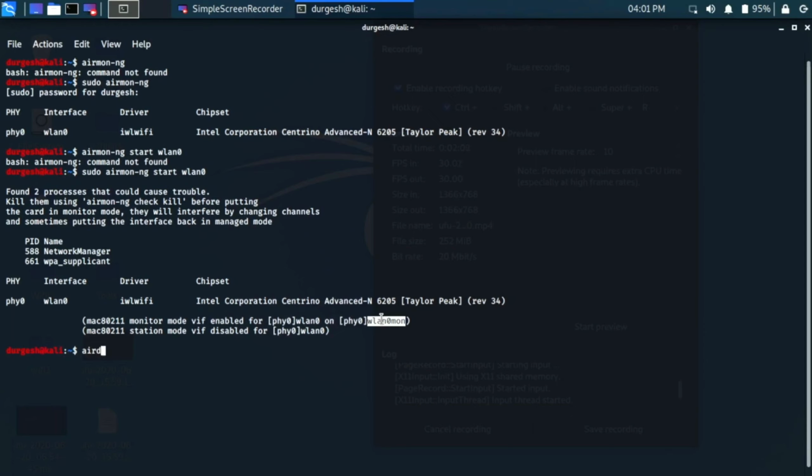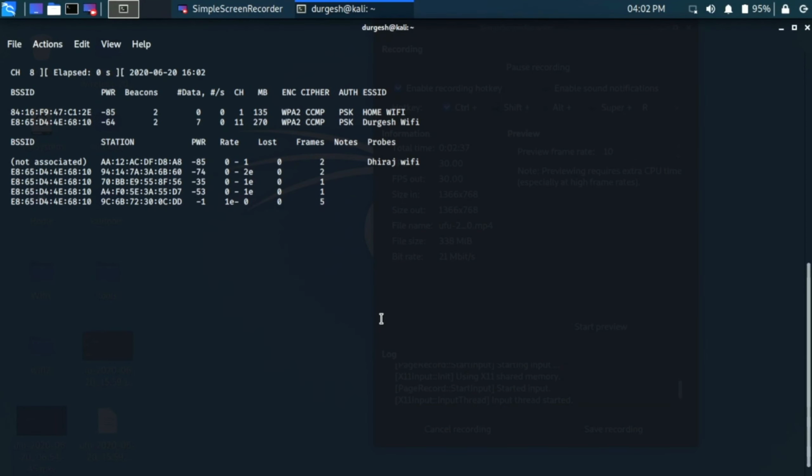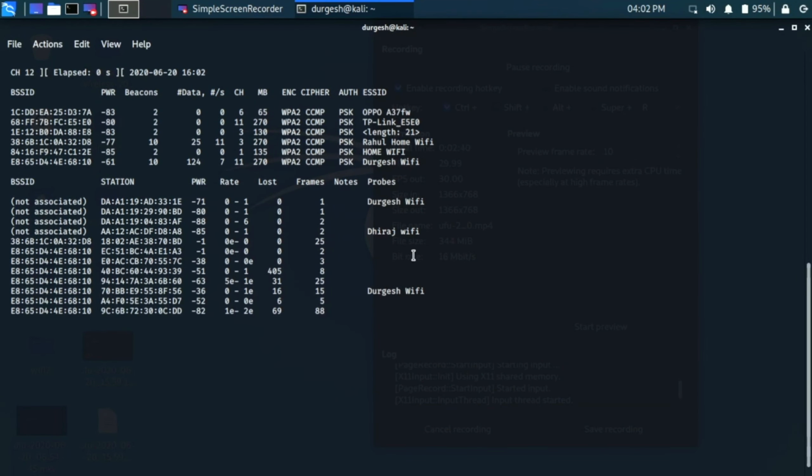You can simply type sudo airodump-ng, and then provide the interface name wlan0mon. Sorry, I wrote it wrong. airodump-ng wlan0mon. You can see the Wi-Fi networks available in our area.